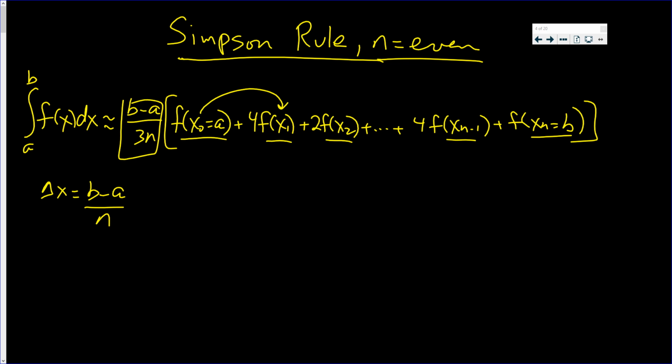And when you go from x1 to x2, you add delta x. And then you take f of those numbers. When you go from here to b, you must have added delta x. Now, as you see, I didn't underline everything. The first one, whether you put it or not, you're multiplying the f function by 1. Then the other ones in the middle,